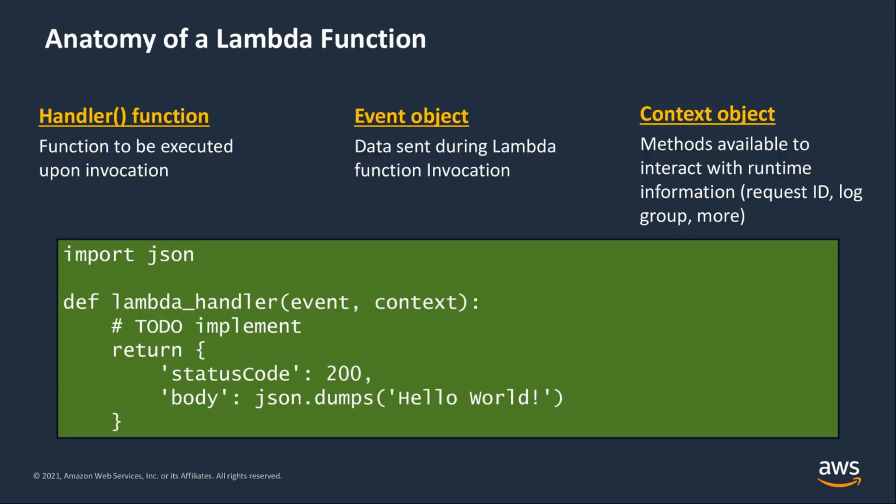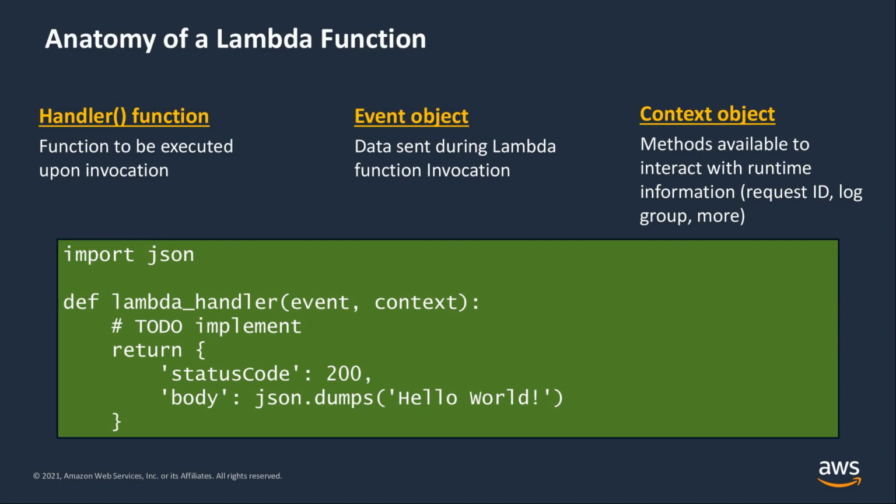This example Lambda function is in Python, but the anatomy of a Lambda function is really pretty much the same across different languages and runtimes. I think if you understand the structure, it's very easy to read a Lambda function in different languages. The Lambda function file exports a function called lambda_handler. You can name it whatever you like, but this is the naming convention for Python. And that takes an event object and a context object as parameters. This is the handler function that the Lambda service will call when the function is invoked.